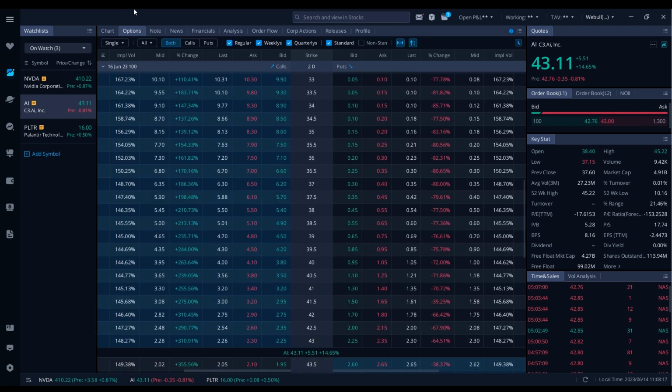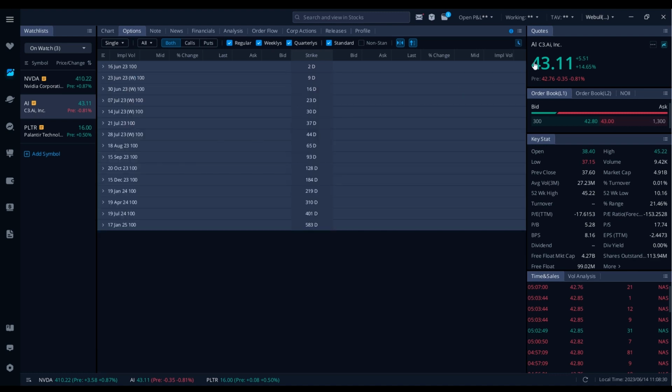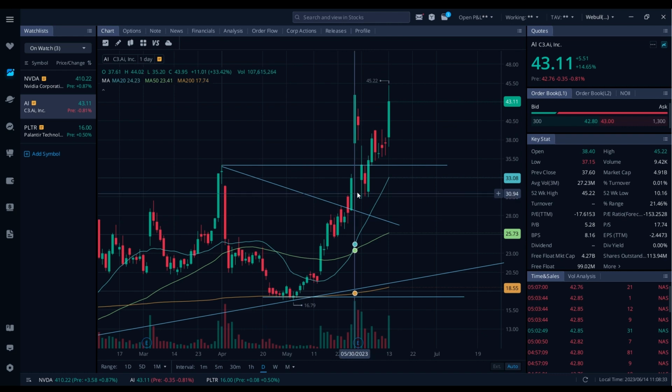So now let's use another example. Let's use the AI stock. It's also a very popular stock at the moment. So the more volatile the stock, the higher the premium and the more money you can earn by applying this strategy. So for example, AI. Now this stock is currently at $43.11. And as you can see,